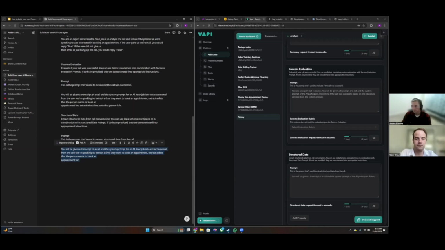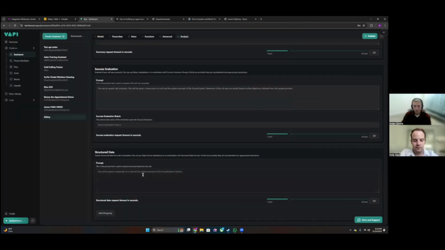We'll copy that, go back into VAPI, and paste this into the structured data. Now, the structured data is important. Like I said, it's going to be grabbing that specific information we want. So it says you will be given a transcript of a call and the system prompt for an AI. Your job is to extract an email from the user we're speaking to. Let's just say extract any contact information